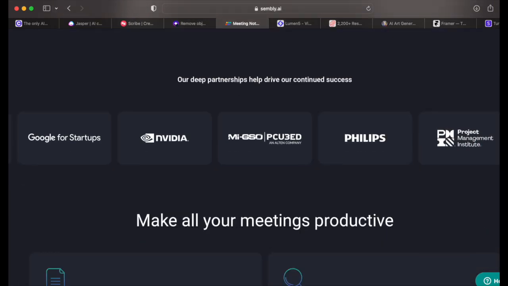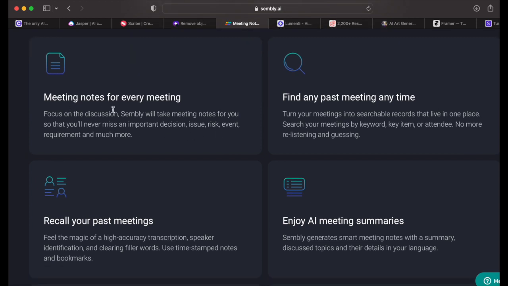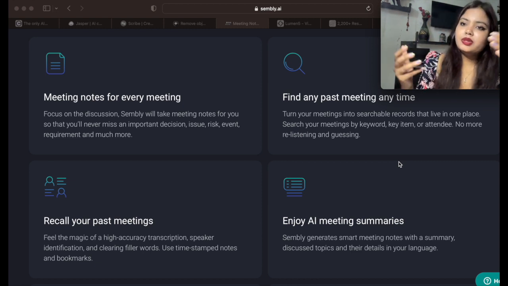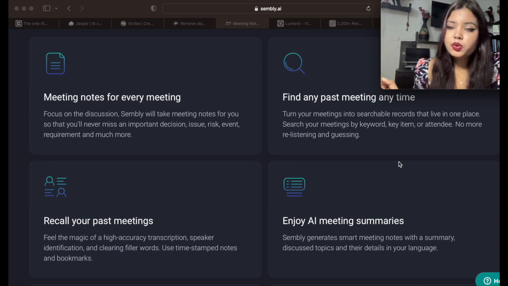Then I thought it's good to mention this tool. So you can set meeting notes for every meeting, and if you want to focus on the meeting only, you don't want a resource in your team to write the meeting minutes. Because when we run a meeting, there is one scribe person who is writing the meeting minutes. So if you don't want to go with that manual writing, you can install this tool, and based on that this tool will write the meeting minutes from your meeting.